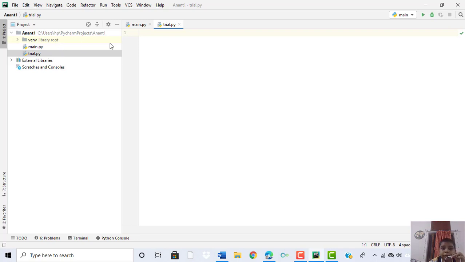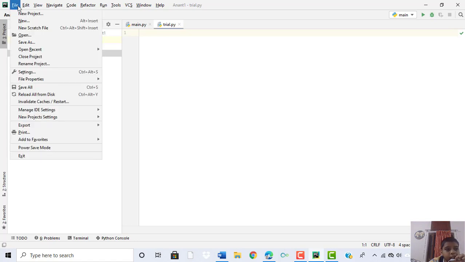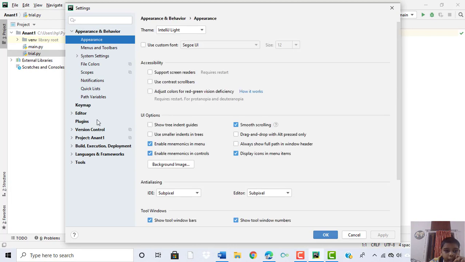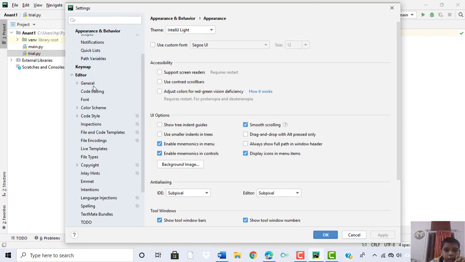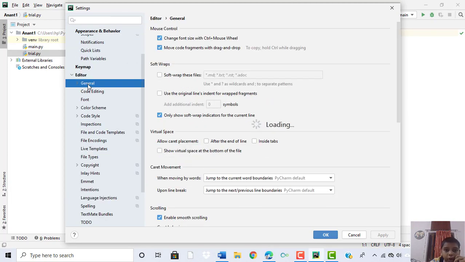When you open Python, first of all you have to click on File, then Settings, then go to Editor, then in General you have to check this box, because it is very useful in programming.